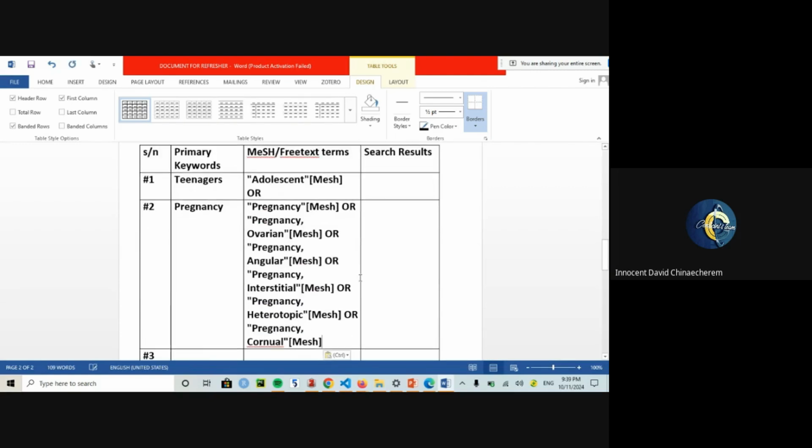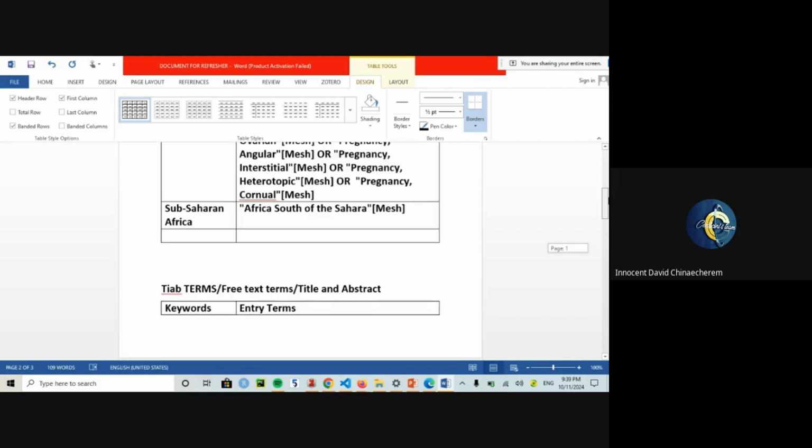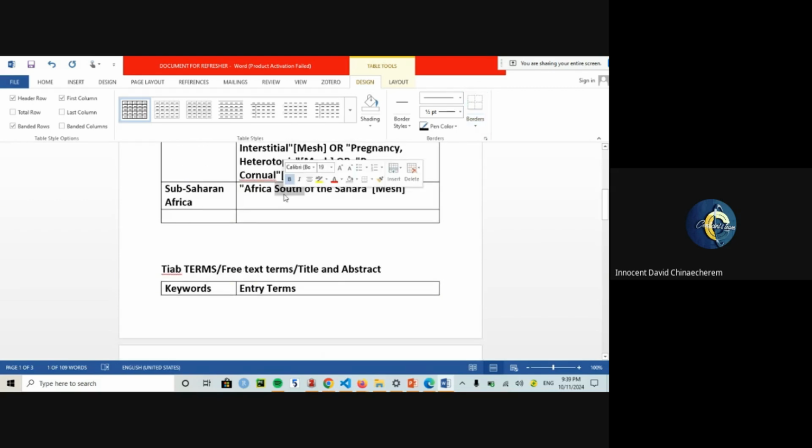All right, so we'll put it inside of here. We'll go up and pick up this